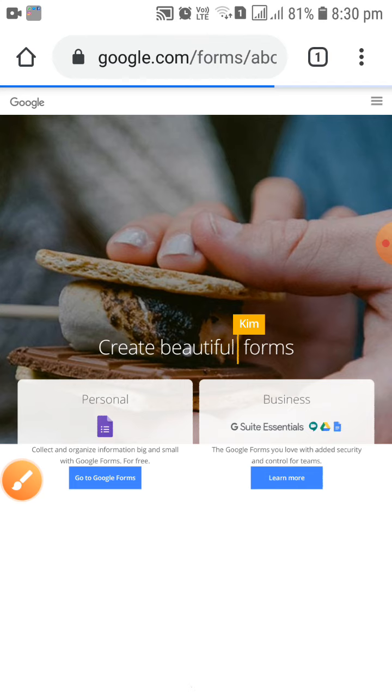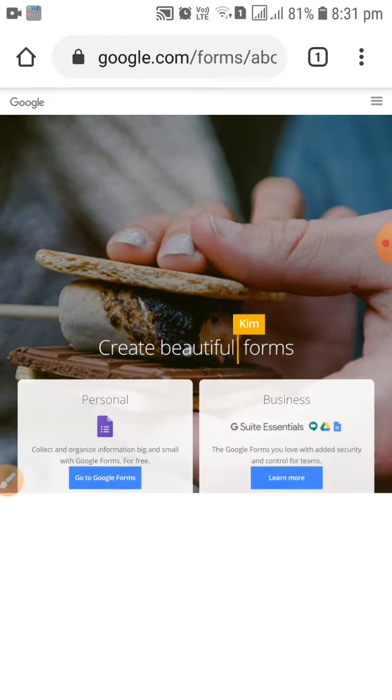So now it will come like this. Everything will be visible in the same window. That is why I have clicked that desktop site version of Google Chrome. It will make all the things available very easily. That is why we have to select this one, Google desktop site option.